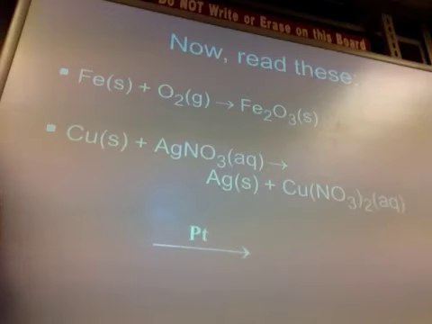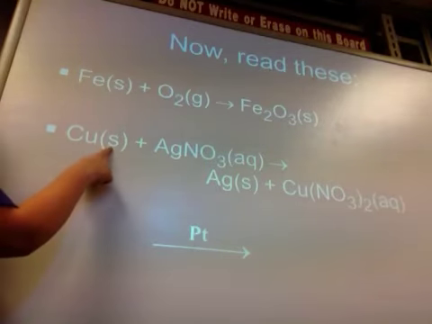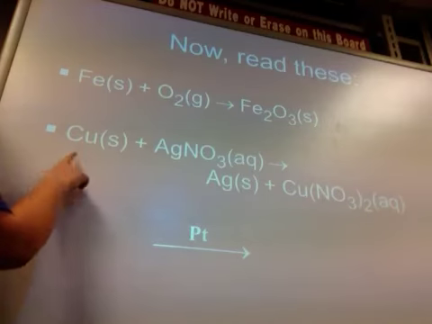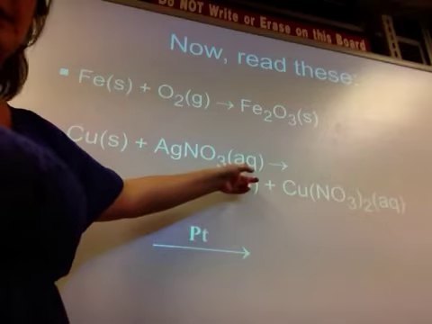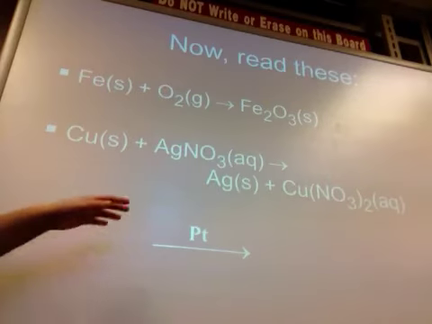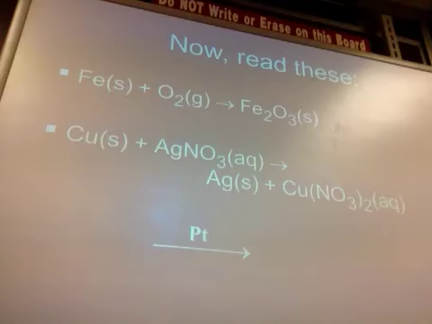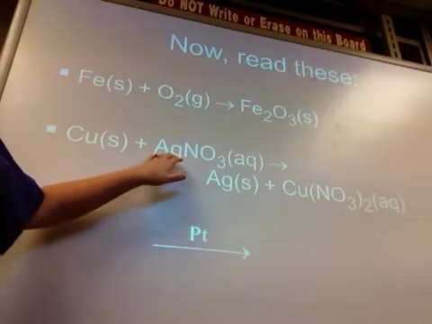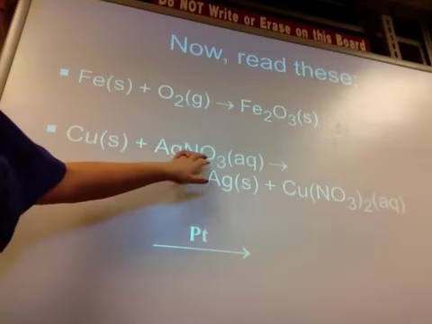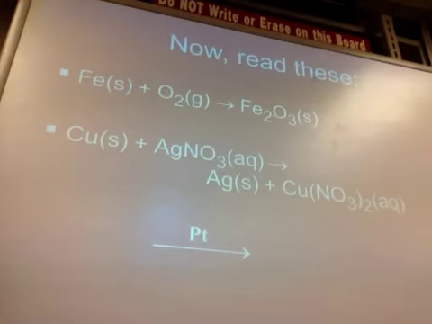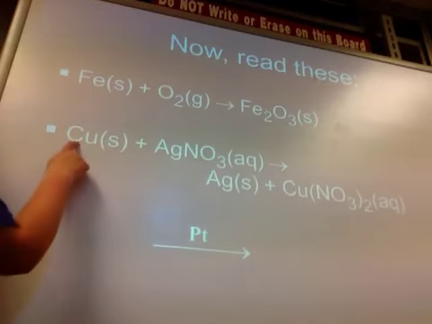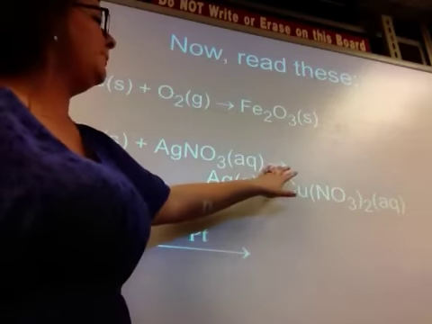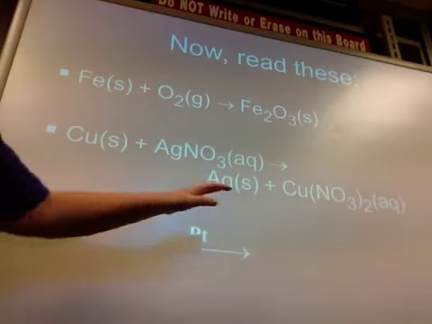So on this one, I'm just going to start off with what I have. I have solid, what's Cu? It's copper. So I have solid copper reacts with aqueous, because AQ stands for aqueous. Now I have AgNO3. So solid copper reacts with aqueous, I would name that silver nitrate. Remember, Ag silver, NO3 nitrate, technically silver 1 nitrate. So solid copper plus aqueous silver 1 nitrate produces solid silver